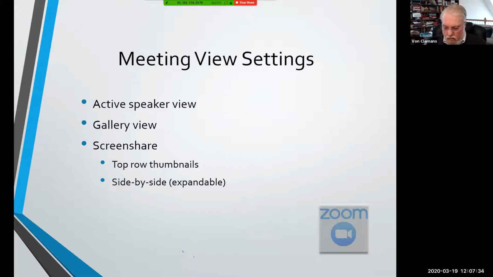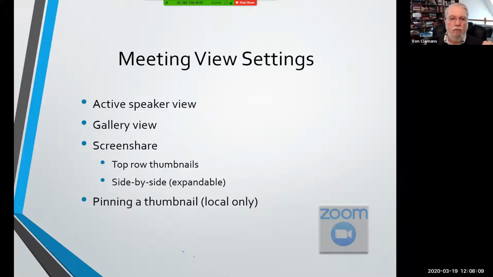There's also the ability to pin a thumbnail, and this is in your local view. If you want to just concentrate on one person and not see everybody else, you can right click or command click on your video thumbnail, and one of the options will be pin the video. And if you do that, it'll make that person big on your screen no matter who's talking. Ordinarily, the person who's talking is the one who's featured in that view. But you can unpin the video by doing the same thing,